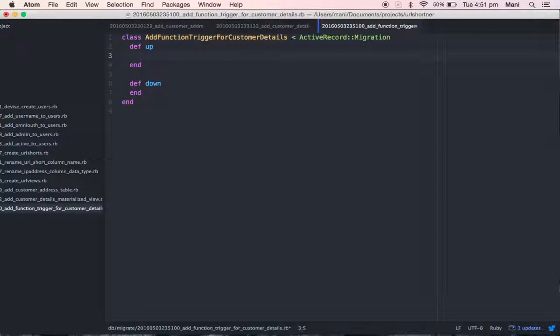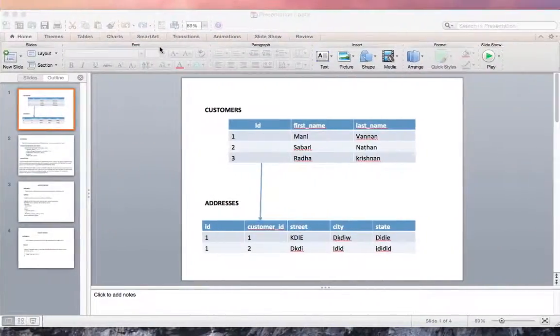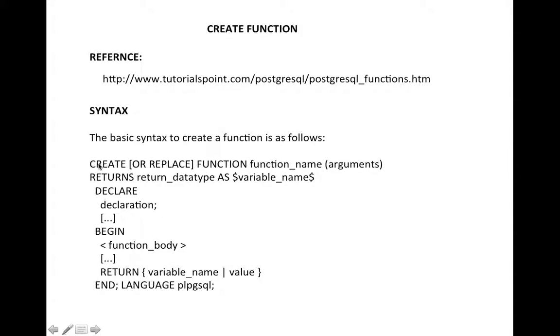Here I am going to write my function code. As I said, this is the syntax: create or replace function.